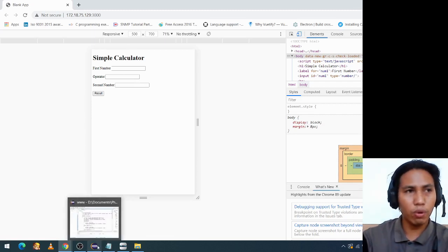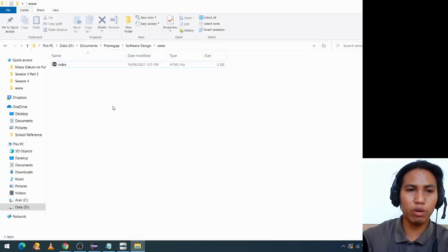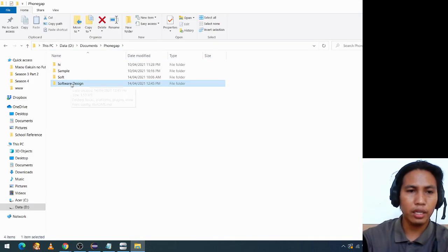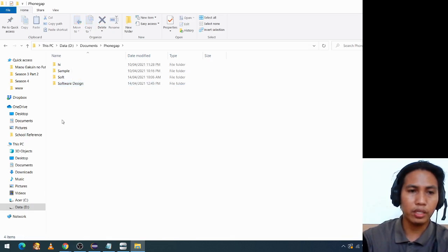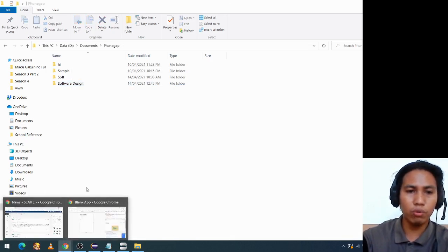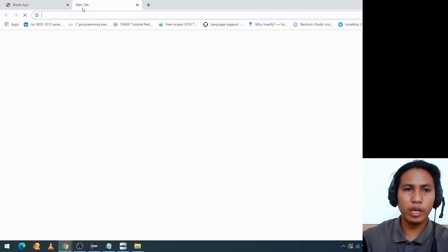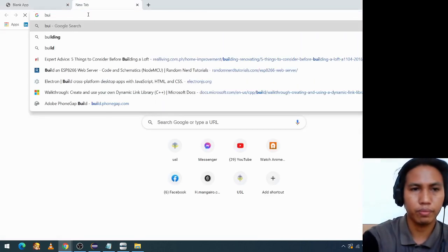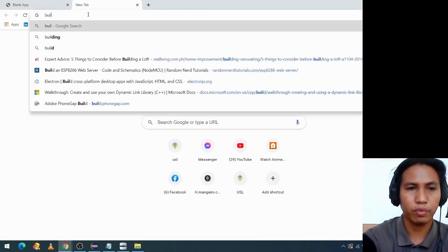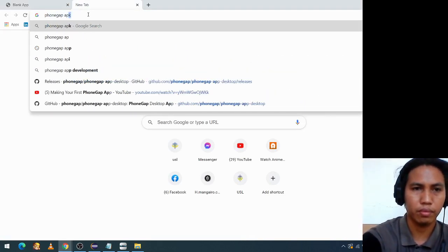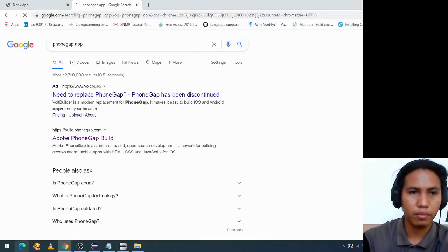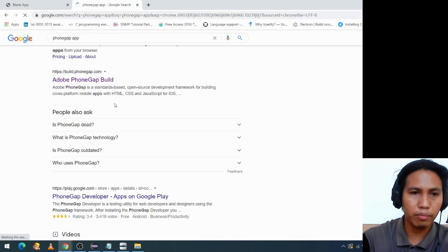Now, if you want to convert that one into APK, then navigate to your folder dun sa ginawa po nyo kanina. So, we created software design. Then, right-click this one, and then, compress. I-compress nyo lang po yan. Then, go to build.phonegap. Wait lang, PhoneGap app. PhoneGap app. Ito,